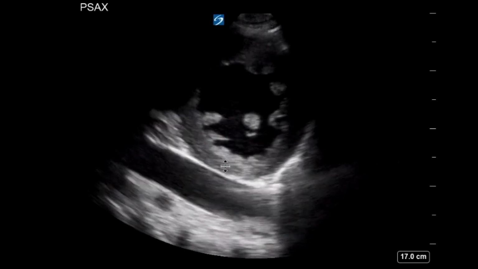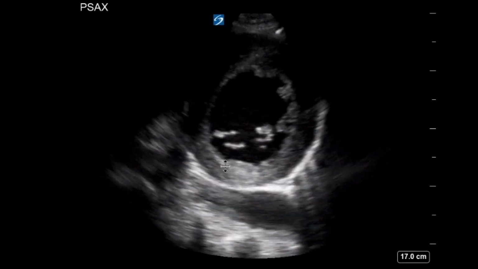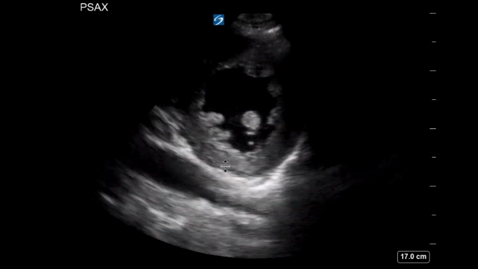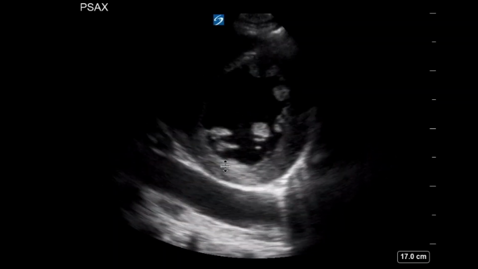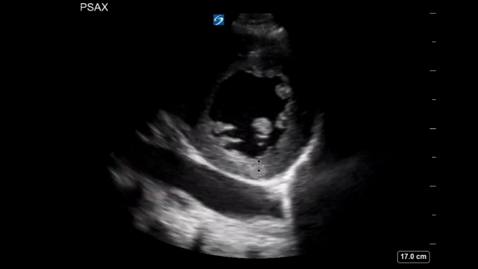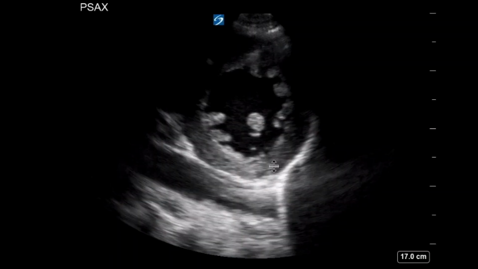That's opposed to the parasternal short at the level of the mitral valve, which looks like the fish mouth. And then if you go up even higher, you can sometimes see the aortic valve, and they call that the Mercedes-Benz sign. So another way that you can estimate ejection fraction here that they didn't do in the study is